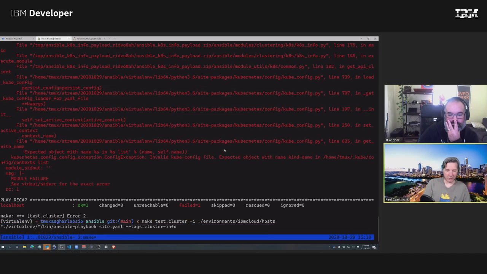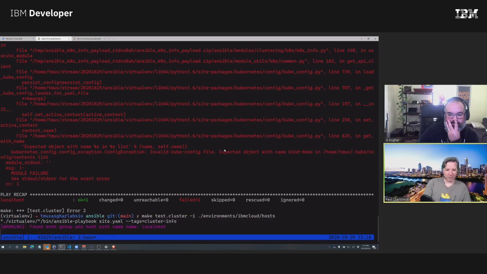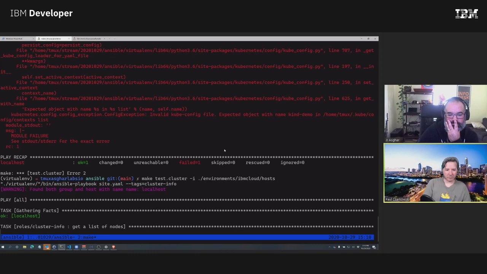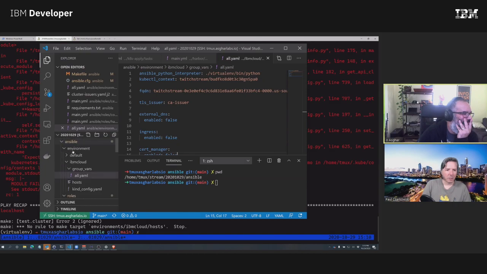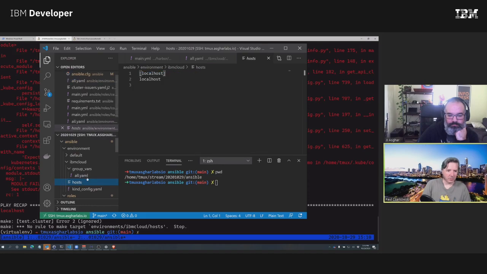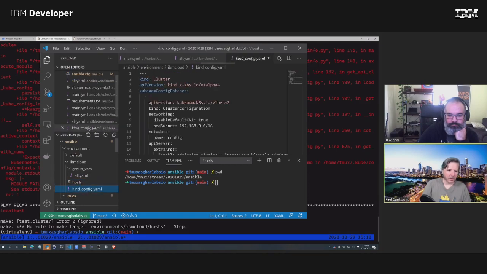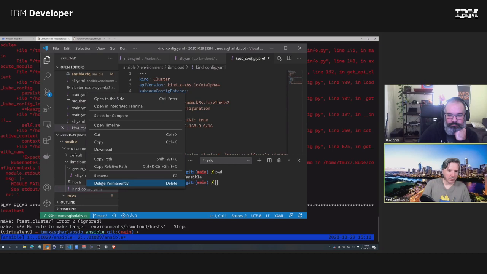Hosts. Nope. What have I done wrong? Okay, environment, IBM Cloud, hosts. Don't need that file anymore.